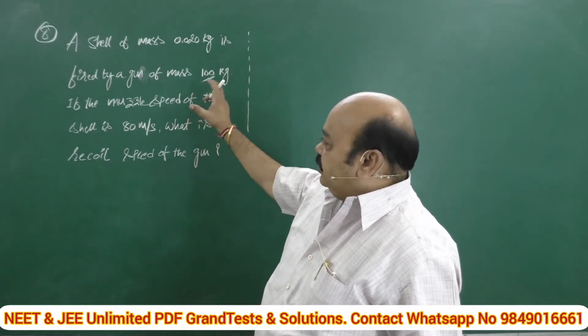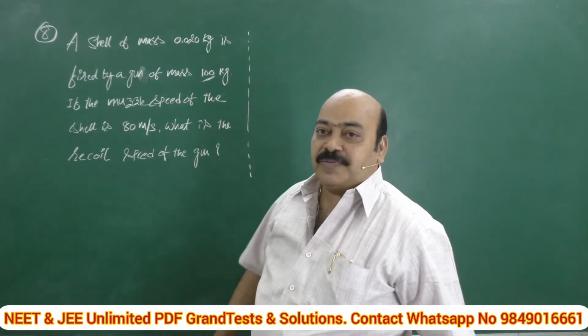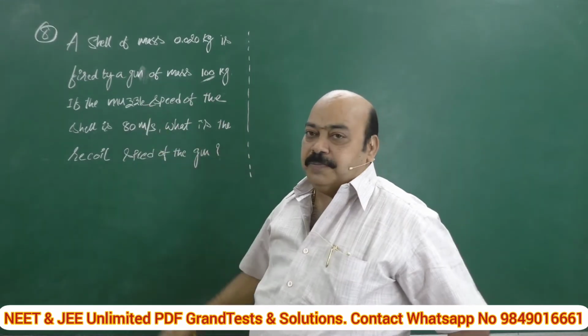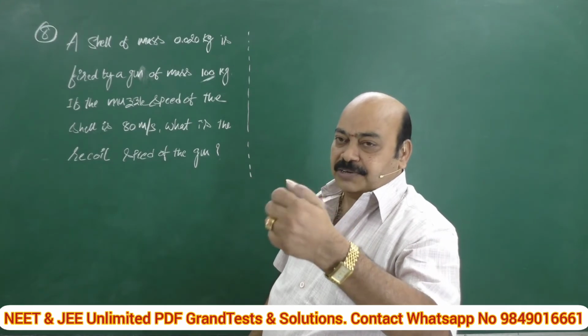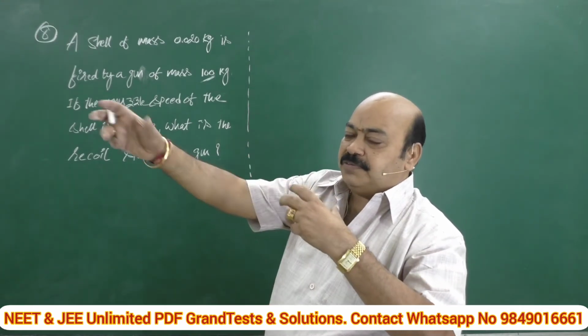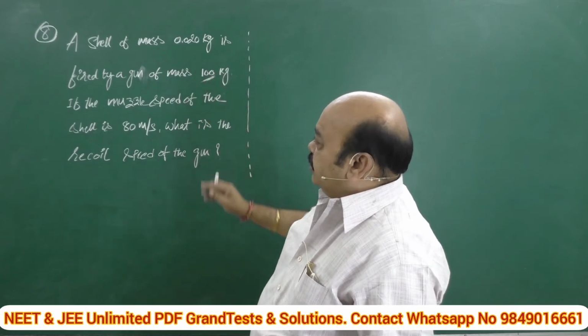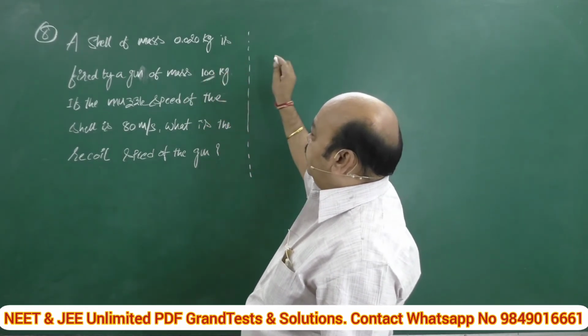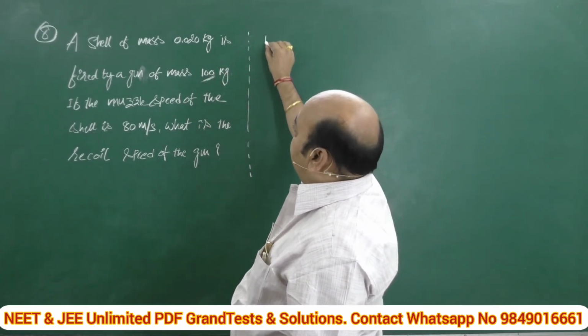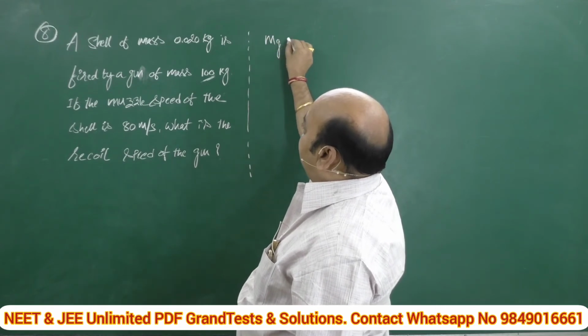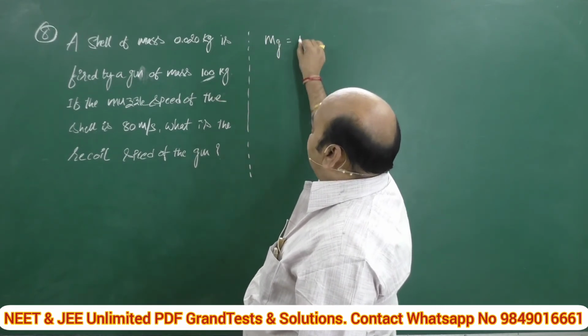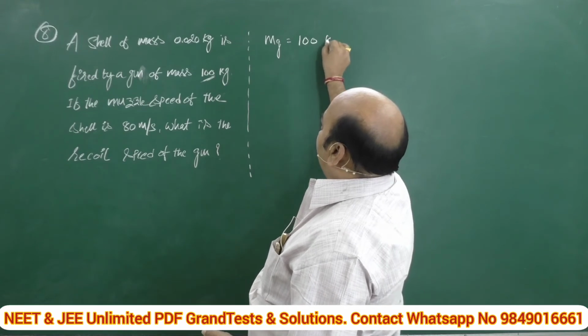I think somewhat the vocabulary is away from our routine language. Here muzzle speed means when you fire a bullet, the bullet is delivered with a velocity, that is muzzle speed. Here the given data is mass of the gun, say mg, it is 100 kg, oh heavier, it is very heavy,